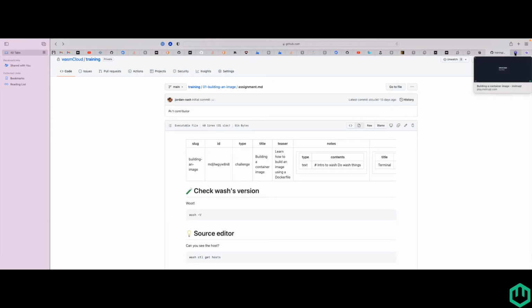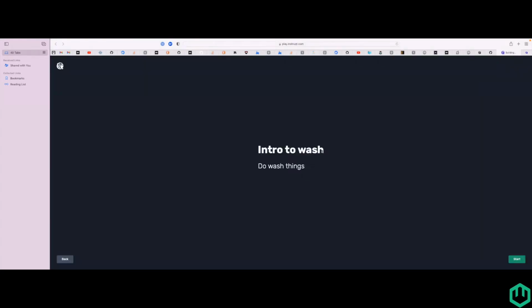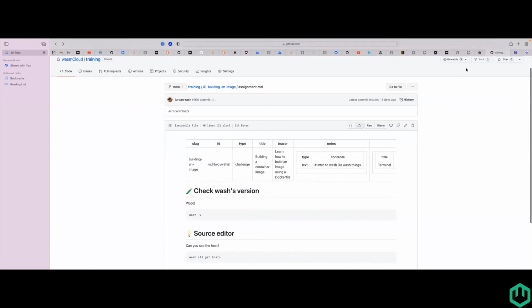And short of hoping this doesn't break, I did put this little wash one together just to show you what it would feel like. And this is what would happen if you went to the Instruqt environment. It takes over your full web browser. They also have the ability to embed it. And if you go look at HashiCorp's training, they're actually starting to use Instruqt, and it has the ability to pop up from the bottom and have your website at the top, and it's embedded at the bottom half. So more or less, this tutorial is this GitHub repo that I just showed right here,